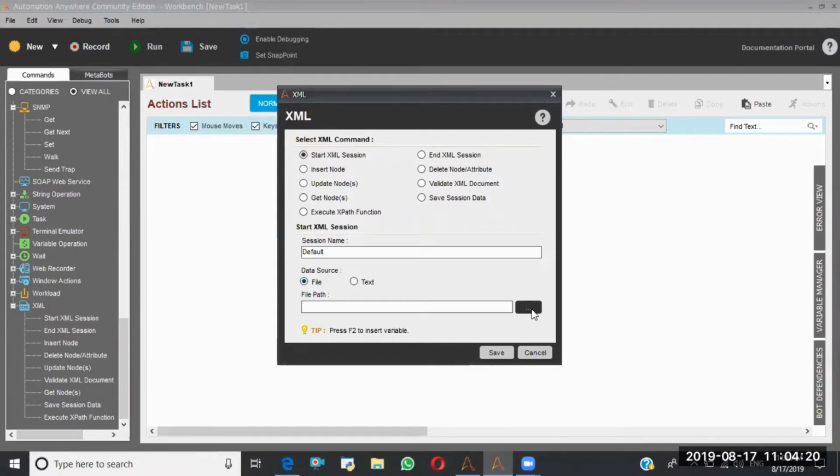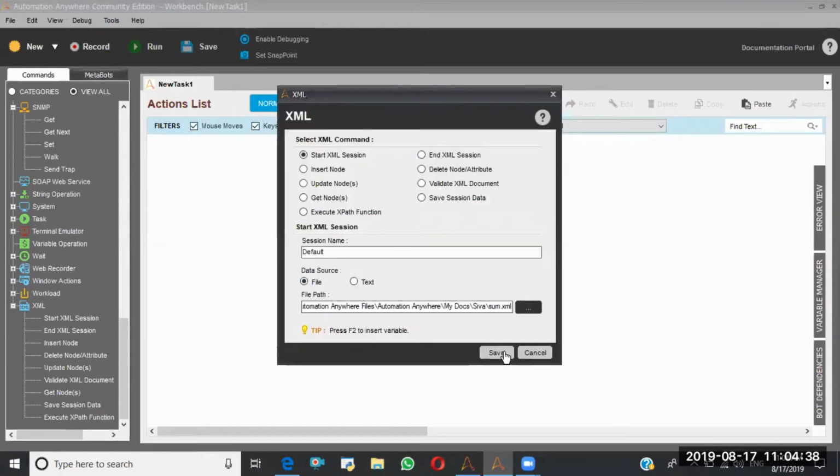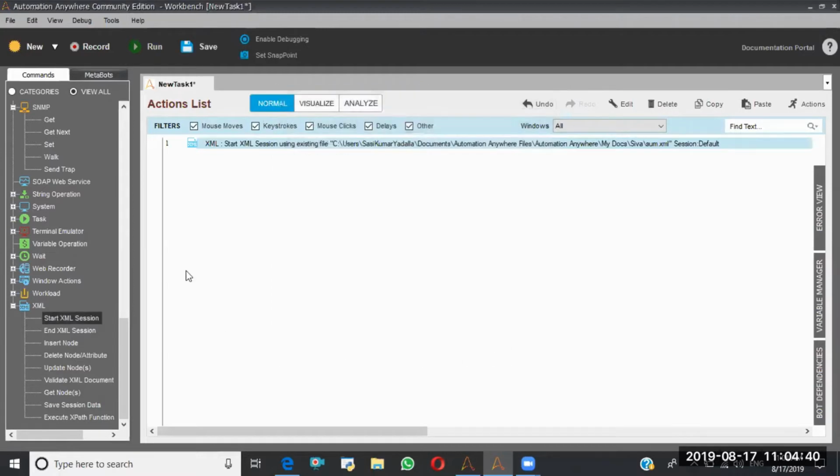Here I have three XML files on my machine. I am selecting the sum file. Once it's done, I'm saving this. Whenever we open the XML session, we need to write the End XML Session as well.